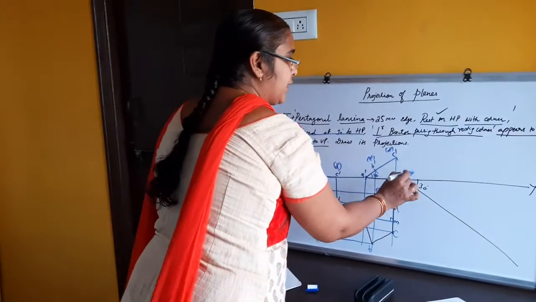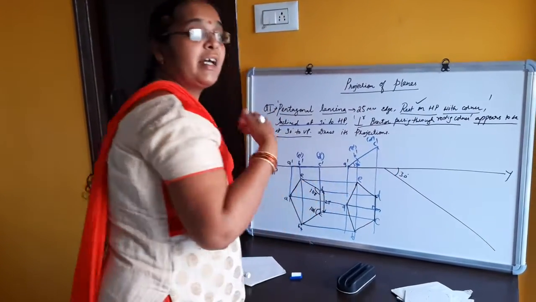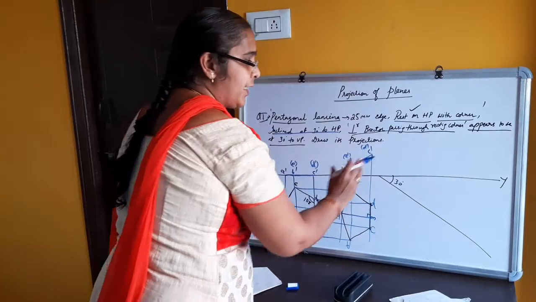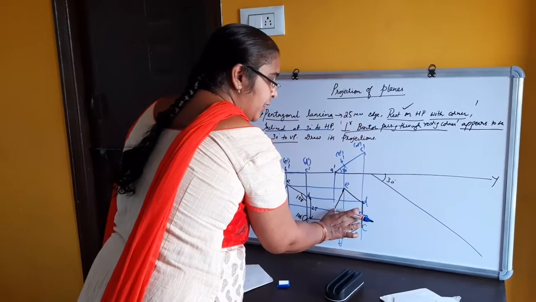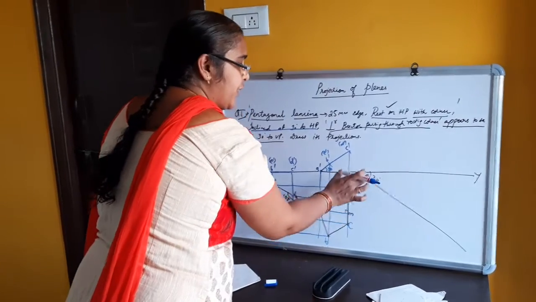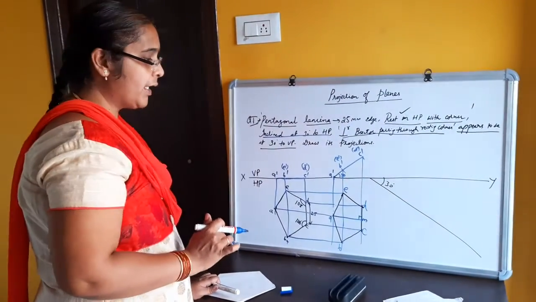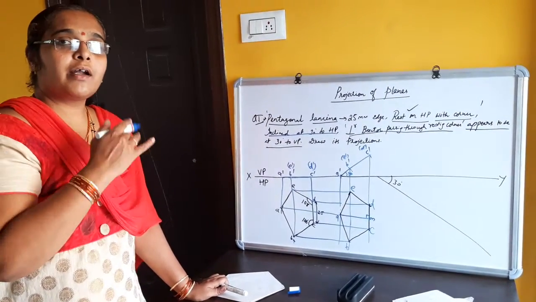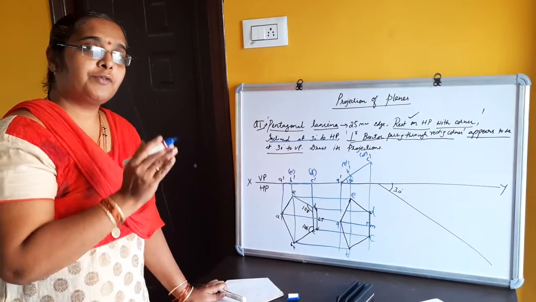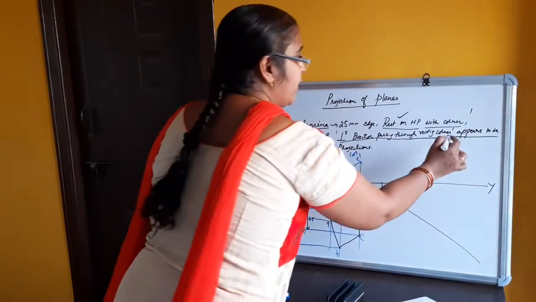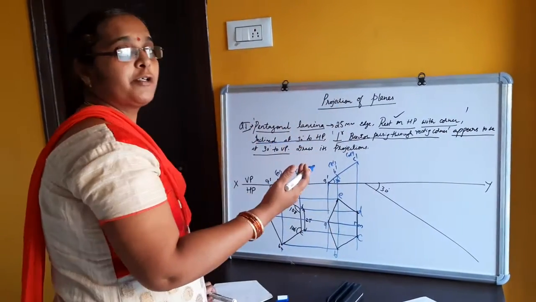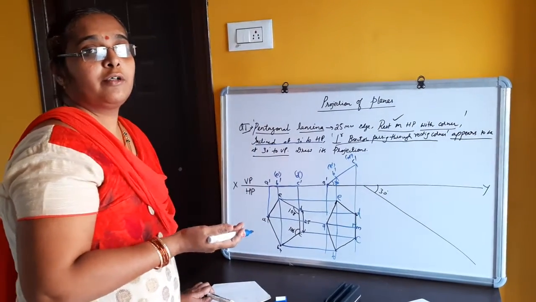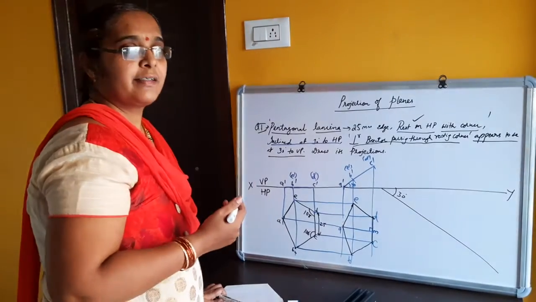Whenever they say the word appears to be, the given inclination is the apparent inclination. Hence, this side of the pentagon is the apparent side, and here AM is the apparent side of the perpendicular bisector. So the apparent side AM can be directly shifted over here. Whenever they mention a median or perpendicular bisector or diagonal, they are all imaginary lines. When they give inclination with respect to them, you should search for the words appears to be. Whenever there is the word appears to be, the given angle is the apparent angle. Whenever that word is not there, there is one more method to find the apparent angle. Let us discuss it later.